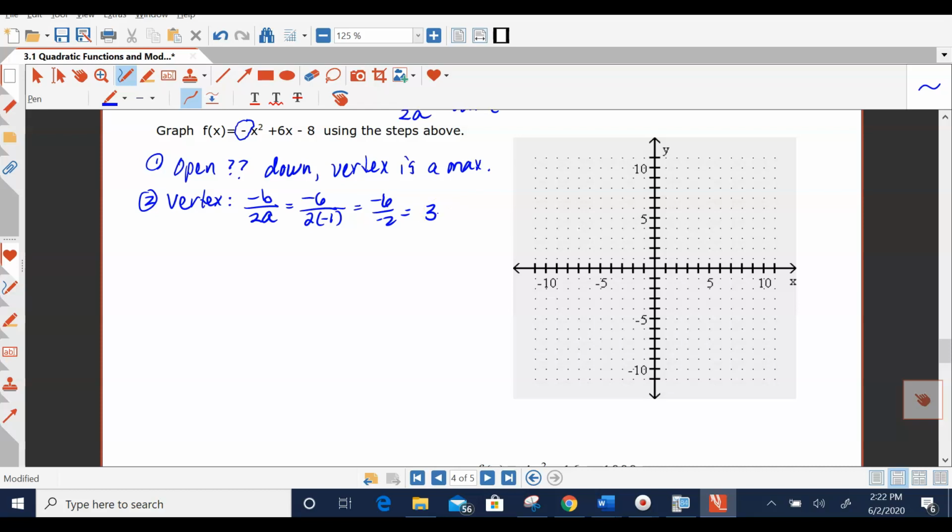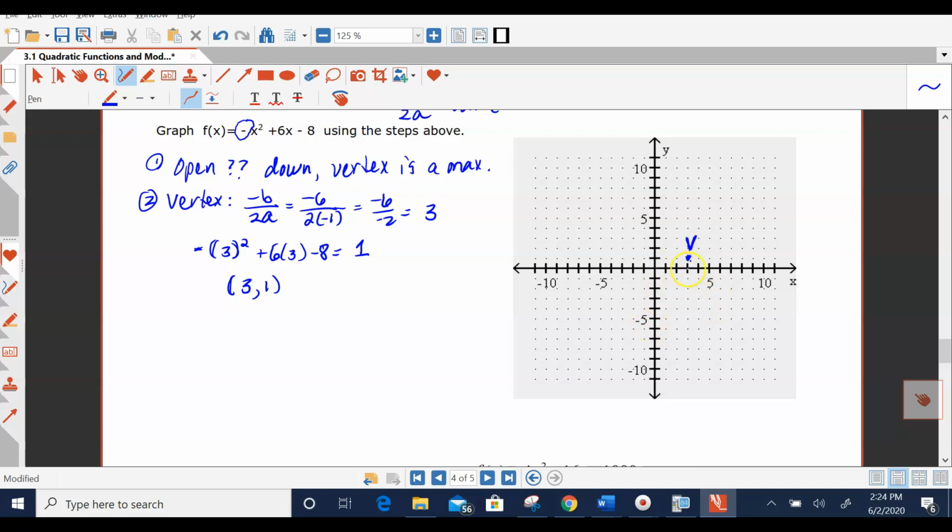Now let's find the y-coordinate. And to find the y-coordinate, we plug in the 3 everywhere we have an x. So I'll have a negative 3 squared plus 6 times 3 minus 8. Be careful, that negative is separate from that 3 squared. So find that value. Well, that value comes out to be 1, which gives us a vertex of (3, 1). So over here, my vertex is over 3, up 1. There is my vertex. I'll just mark it with a V. And this guy is opening down,